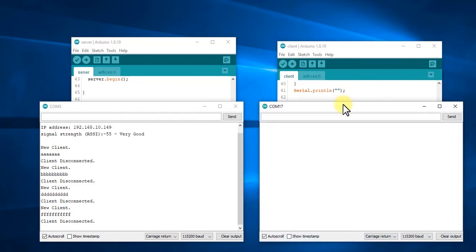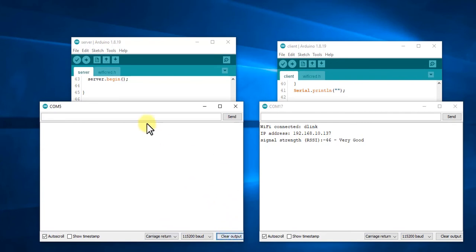So now we see the connection is good. We clear the server monitor window. Now we see that the client has made a connection to the access point, the link, and the local IP address is here. Good signal. So now we try to send a command here as a request to the server, and now we'll see if that is in the response. Yes, it is. Here is the command received by the server, and now there is no connection closed. So now we can send more commands here, like that,